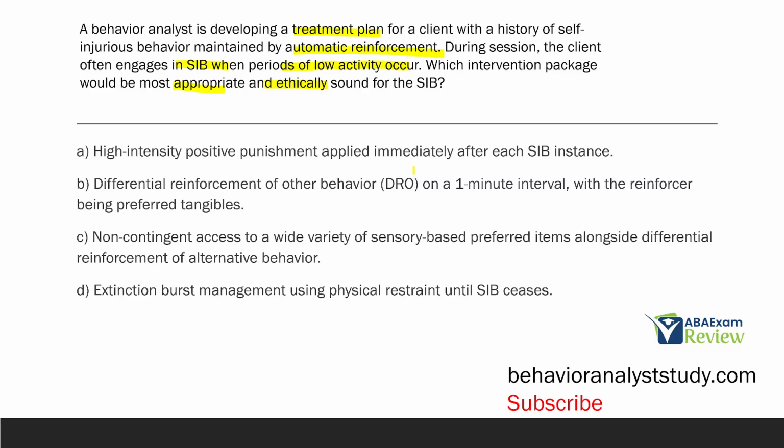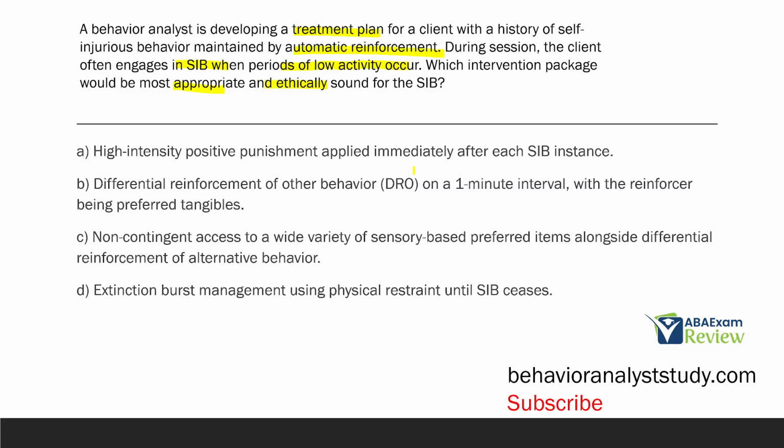What's wrong with B? Well, one, a DRO doesn't teach a replacement. You're just hoping the SIB doesn't occur. Two, tangibles isn't necessarily why they're engaging in it, right? So using a DRO is not necessarily going to be the greatest idea because we're not actually teaching anything to replace the SIB. C, non-contingent access to a wide variety of sensory-based preferred items along with differential reinforcement of alternative